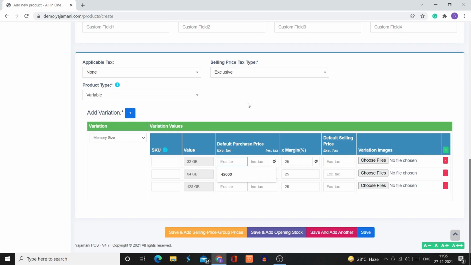Okay, let's say, for example, 55,000 is excluding of tax iPhone 12 Pro Max, for 32 GB, and for 64 GB, let's say, for example, it has 65,000. Okay, and for 128 GB it has 85,000. Okay, so and then